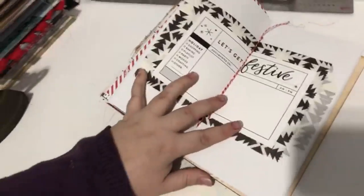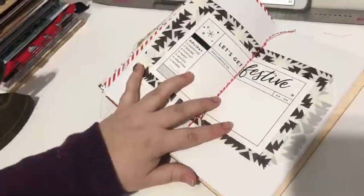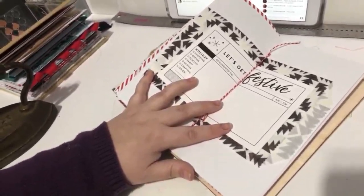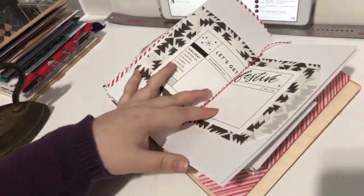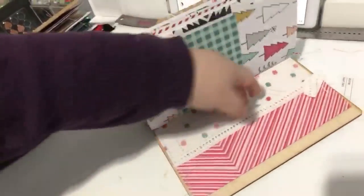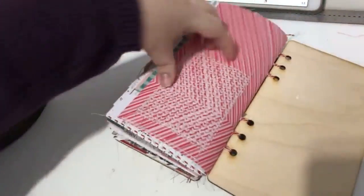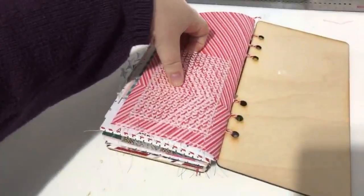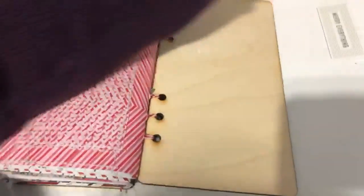Let me show you. I've got that 4x6 card, Let's Get Festive, which I believe is from Ali Edwards. I loved it so much that I stuck it in the middle of the signature, and you can add journaling and photos and embellishments there. Another pocket, and then this here is like a tuck spot, and then that is the end of this one. At the very end of this book, I added this acetate pocket here, and you can stick things behind there. It's kind of hard to do one-handed,